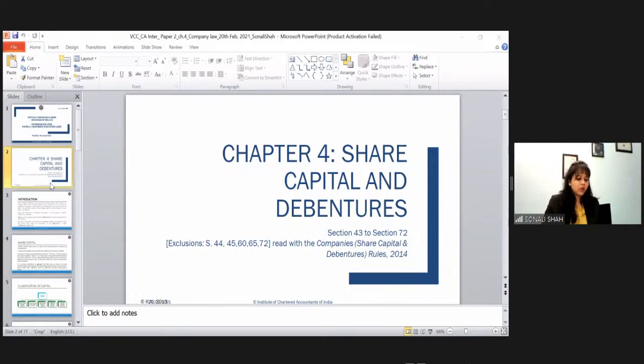So some students are asking me to give them an idea of charts or how to make a chart. If you would have seen my previous presentation that I was sharing with you, at the end, I had made a chart pertaining to failure in allotment of securities. This is how you make a chart. You break things down into boxes, you draw arrows and then write it. There's nothing difficult. See, guys, it all depends on your understanding of how you break things down.